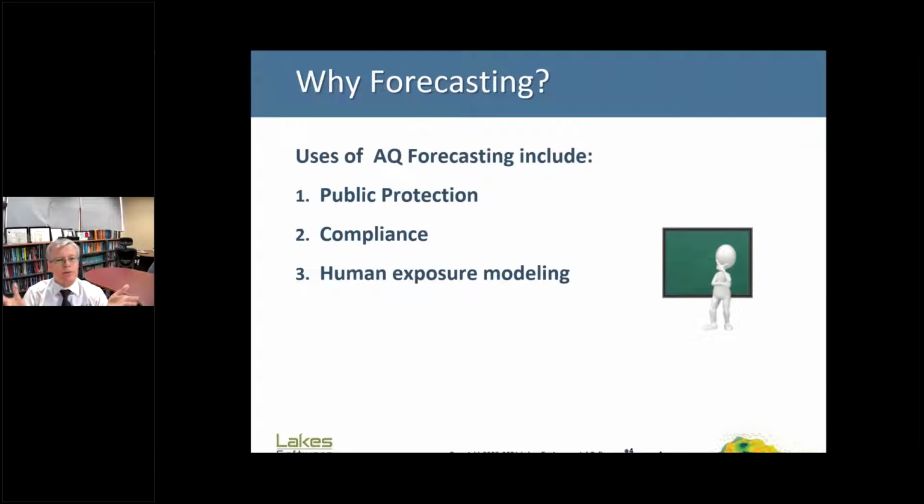And then human exposure, and it's important even for planning hospital staffing. Let's say that an event will occur on the city, high ozone levels, as an example. More people will show up with asthma attacks or some other respiratory problems in the hospital, and we can then support these type of activities.